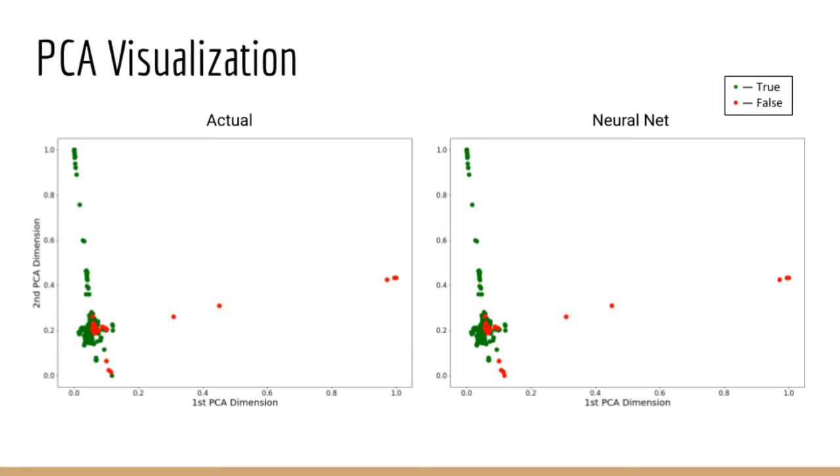This slide shows a 2D visualization of the classification results. We graph each data point using the normalized first and second PCA components of that point and colorize the point based on the assigned class. The left graph shows the actual true-false labels, and the right graph shows predicted labels. The graphs show an obvious visual similarity, reflecting the high performance of the neural net.